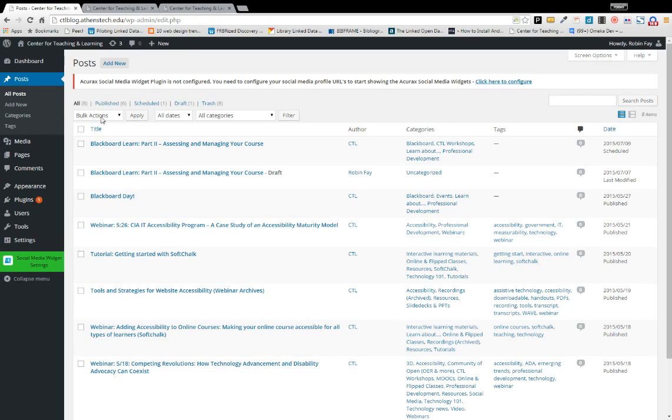So under all posts, you see you can do some bulk things. You have to be careful when you bulk do things because it's too easy to delete and get rid of things, but we do have a couple of things that we need to do. So in this case, we're going to go ahead and just delete this one since we're going to have a duplicate. So we're going to click on that, and then we're just going to click on trash,